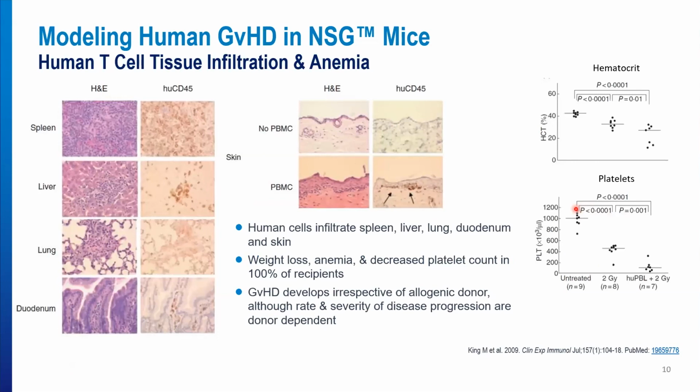So the beautiful thing about this platform is there are multiple ways in which you can obtain readouts for your interventions for immunosuppression. And you can dive into the different tissues. You can look for immune infiltration. The brown staining is the human cells infiltrating the spleen, the liver, the lung, the duodenum, the skin, etc. You could look at hematocrit because these mice will develop anemia over time, a loss of platelets, etc. You can look at release of pro-inflammatory markers. You can harvest the cells from the peripheral blood and the spleen, and you can look at activation markers by flow cytometry. And so there's a wide range of methodologies for looking at mechanism of action and success in your